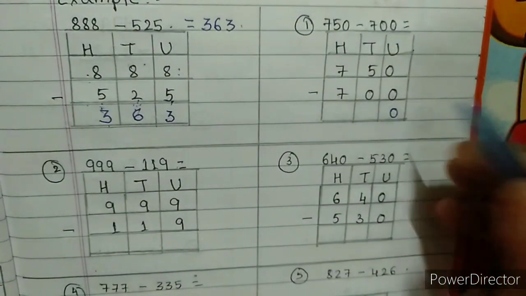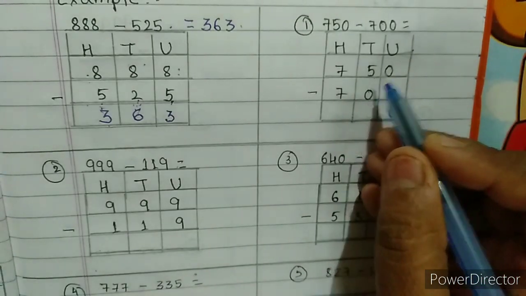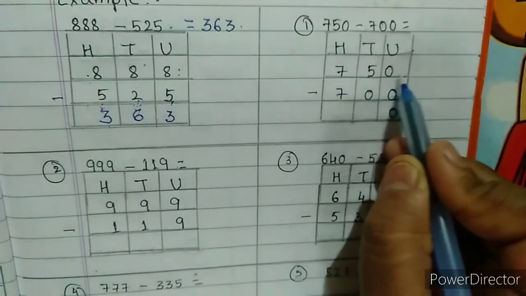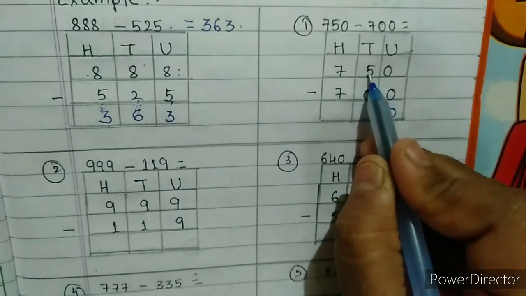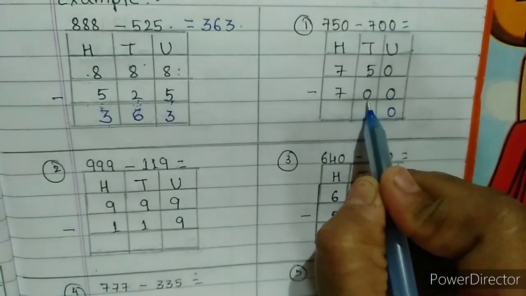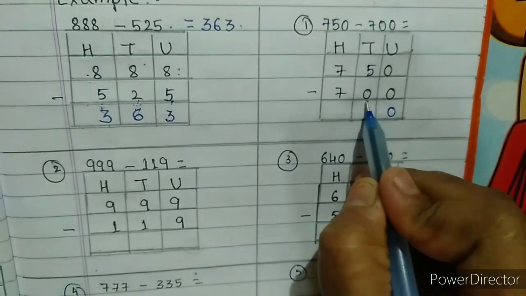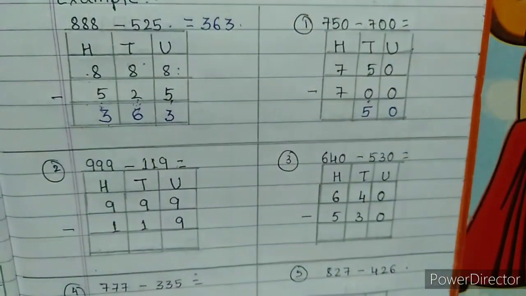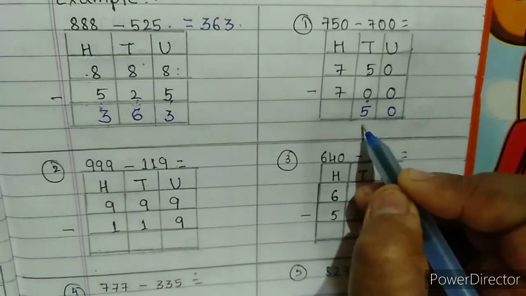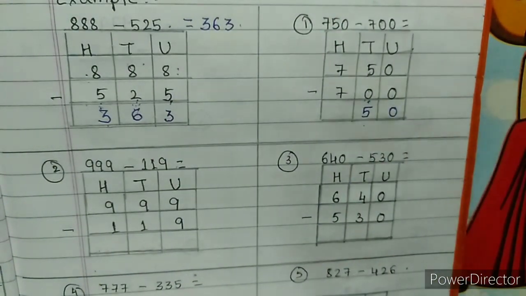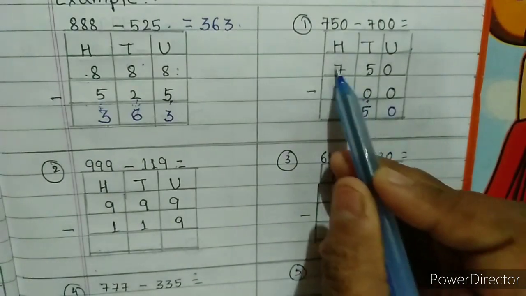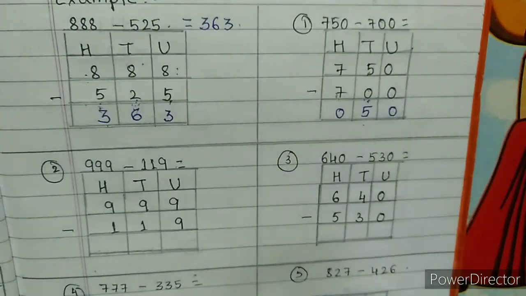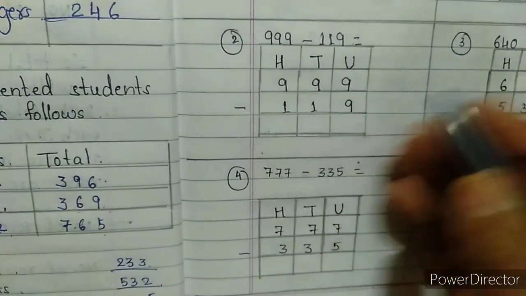Next. In subtraction, when the number is same, 0 is the game. 0, 0, 0 only you have to write. Whenever the top row has a number and the down row has 0, you must not worry about this 0. Straight away, that same number you have to write. 5 minus 0, 5. 0 means nothing. So when the number is same in subtraction, 0 is the game. 7 minus 7, 0.